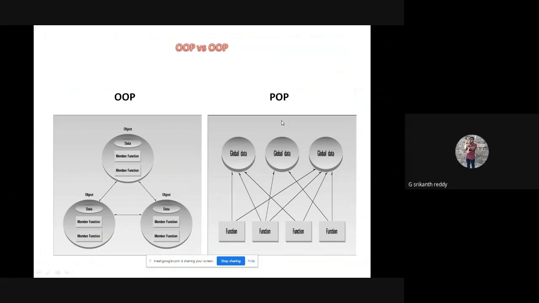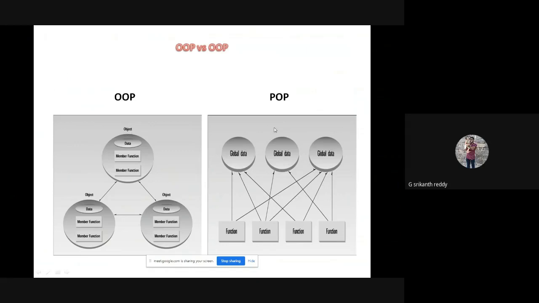Whereas in procedure oriented programming, functions are not bind with the data. Data is separate and functions are separate. Whereas in object oriented programming, data and its related functions are bind together into a single unit called object.